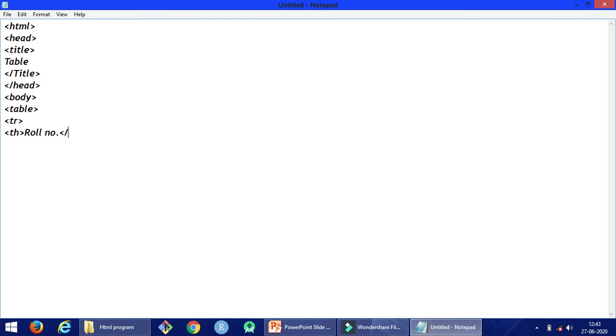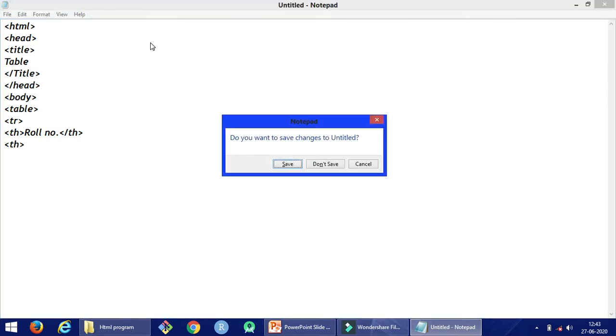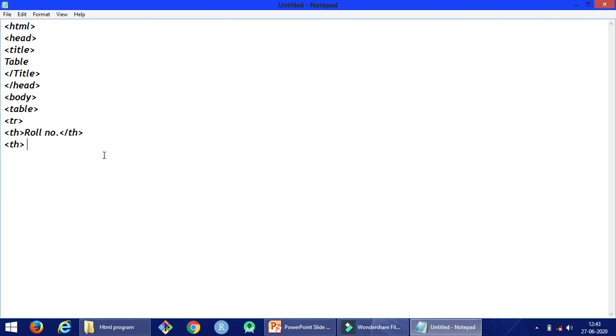Now close th tag, open th tag, write here name, close th tag, open th tag, write marks. Now close th tag, close tr tag. This is our first row.